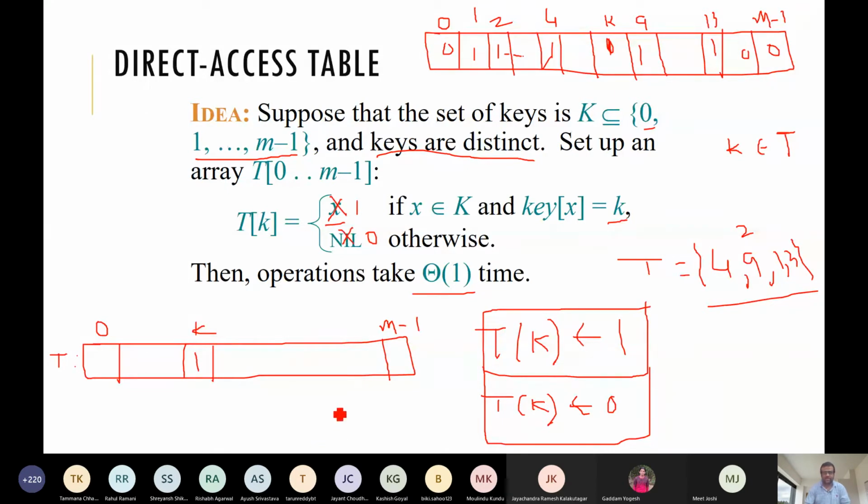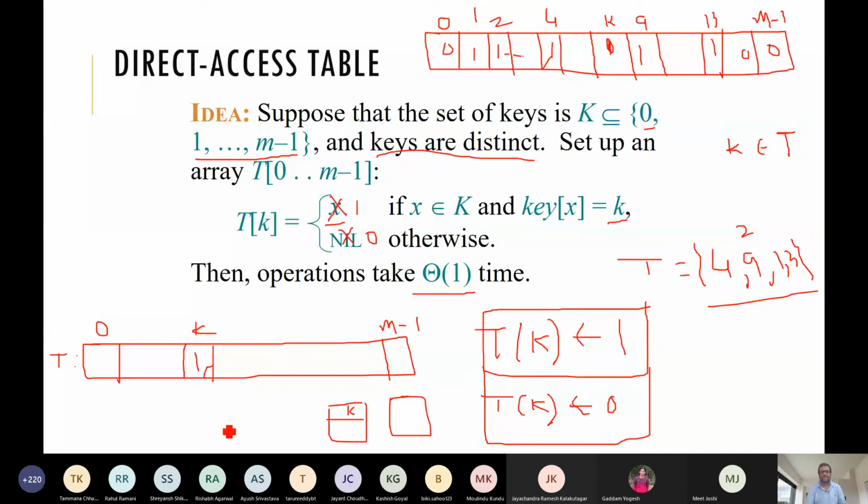Now, the record itself is somewhere in memory. These are all records here, different records we have, and this is the record whose key value is k. To fetch the actual record, we need to maintain some address here. But that implementation part we are not discussing here. We just think that we have some set of numbers and we need to store them in a data structure so that we can do the operations faster.